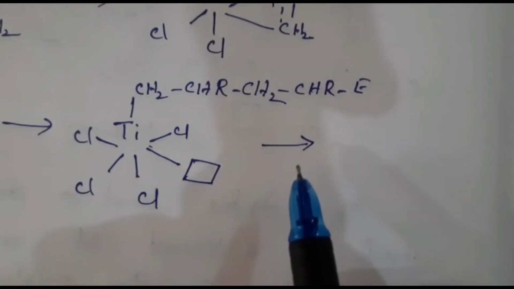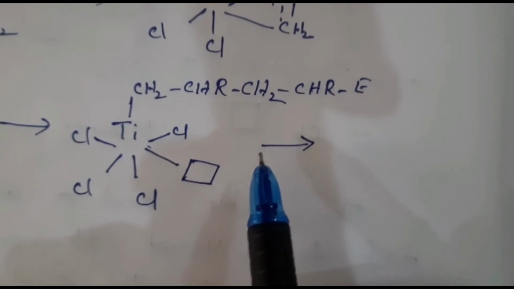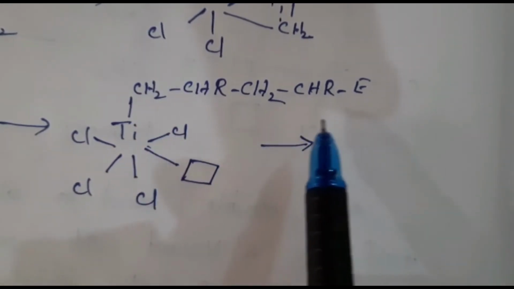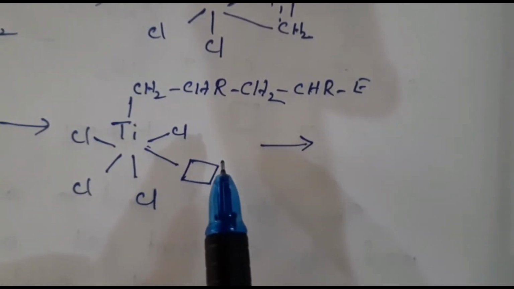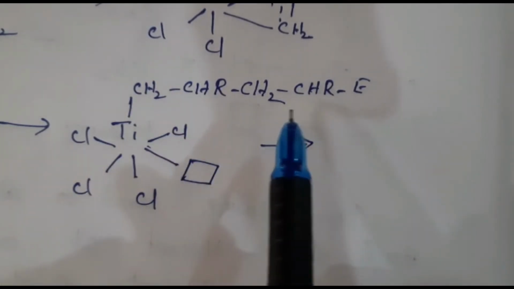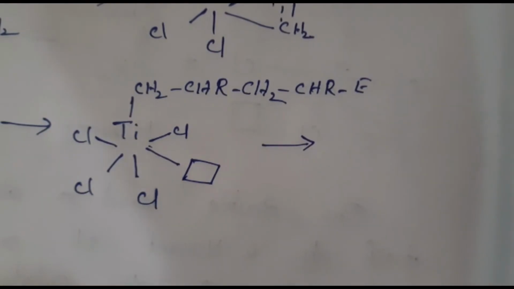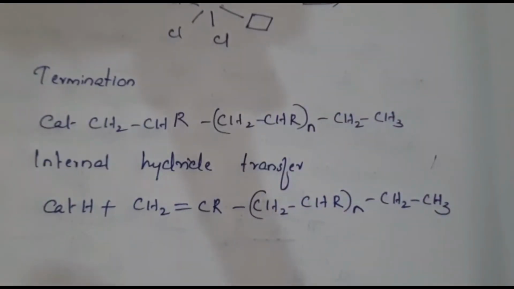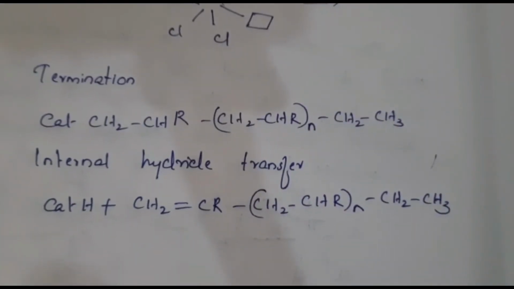So in the next step, again another alkene molecule will be inserted towards this titanium vacant space. Then it will form a pi complex, then a transition state, then the chain length will be increased. So during the polymerization reaction, as n monomers are added, the polymer chain will grow linearly. So the polymer chain will continue. When we get the desired length, we have to stop the polymerization. For that we have to do the termination.